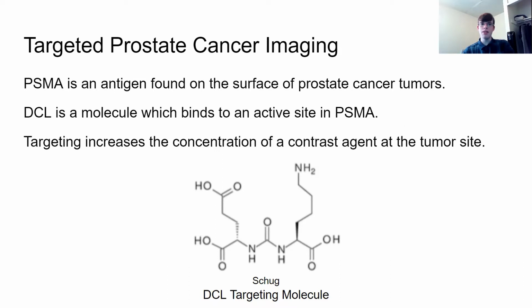PSMA is an antigen which is found on the surface of prostate cancer tumors. DCL is a molecule which binds to an active site of PSMA. And we use this principle of targeting to increase the concentration of a contrast agent at the tumor site. In this case, we're going to use the DCL molecule and attach a contrast agent to it in order to